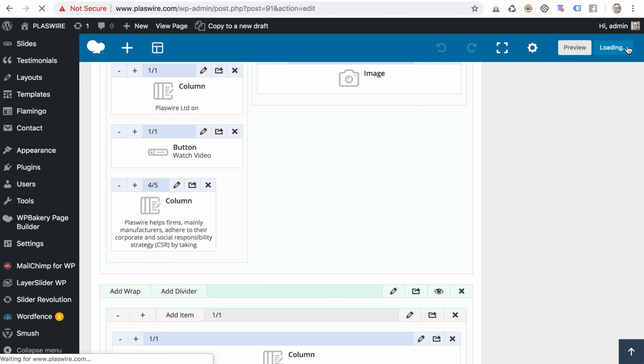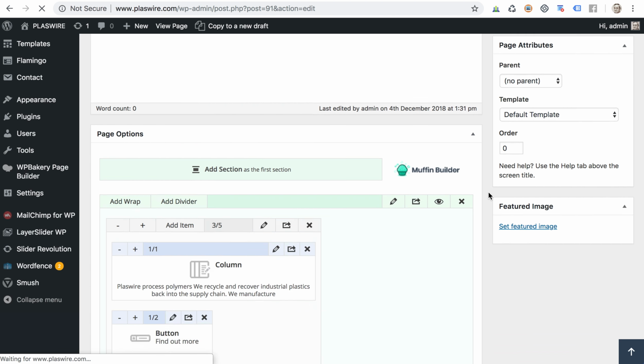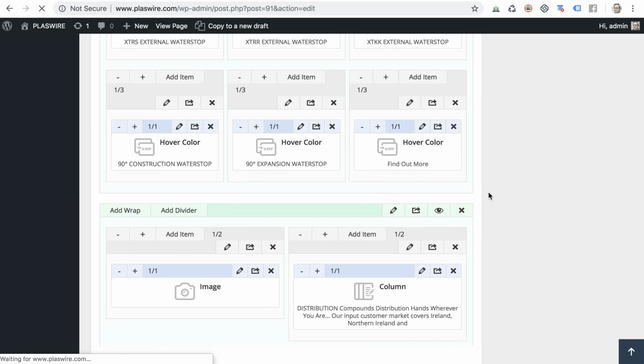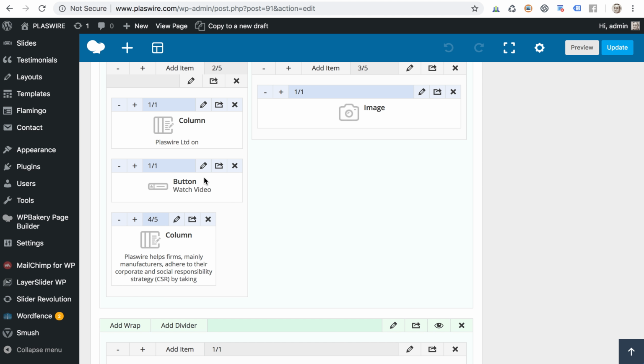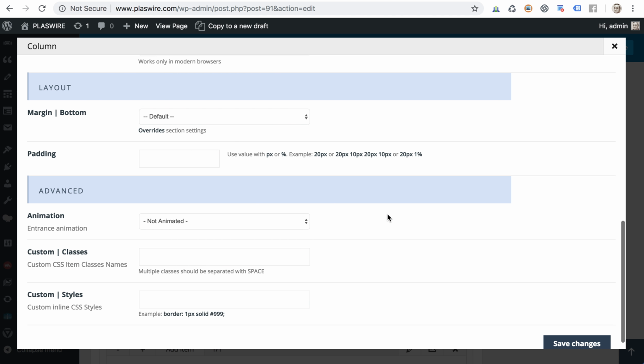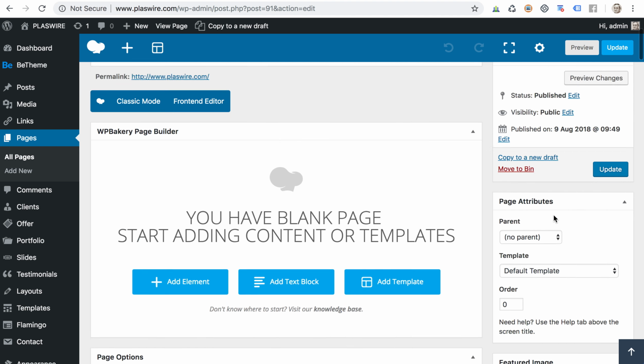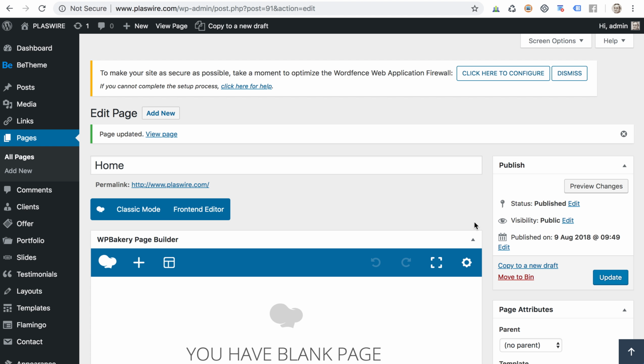Okay. After a quick update, and that's done just by pressing this blue update button here. I'll just go over that again because I sort of went that very quickly. When you scroll down to that section and we press the pencil icon for the pop-up, after I made the change I scrolled down and pressed the save changes button, and then committed those changes by pressing the update button. That allows you to update multiple things and then update the entire page, just to cover that little discrepancy there